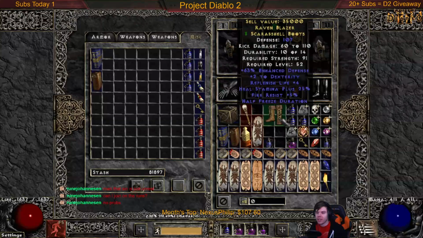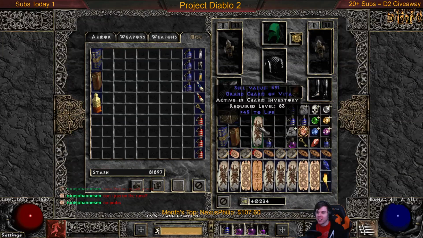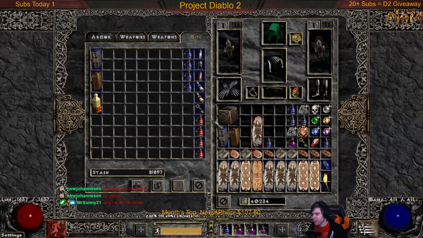45 life, dude. What? What? Dude. I've never... Okay, so like... It's not that good by itself, right? But... I have actually never ID'd, ever, a straight up 45 lifer. I've always rolled into it. Granted, in vanilla there's only 3 different bosses that can drop it, Nihlathak, Diablo, Baal, but I've actually never rolled one until now, so that's crazy. I've rolled like 41s and stuff, but